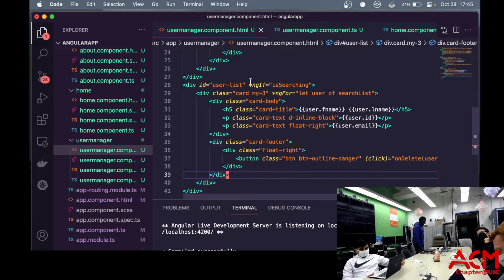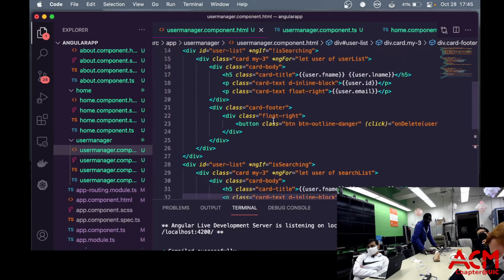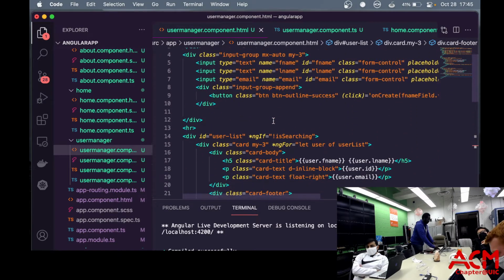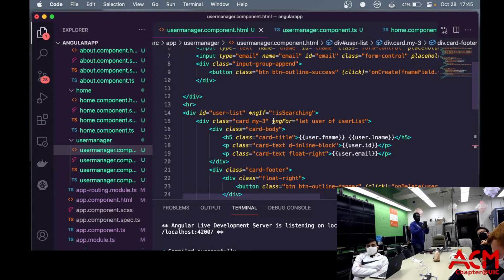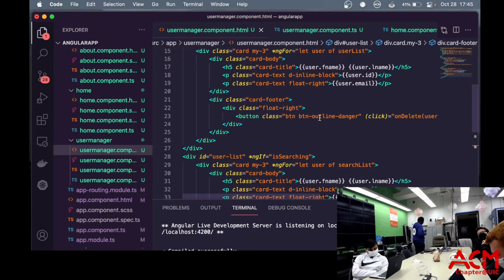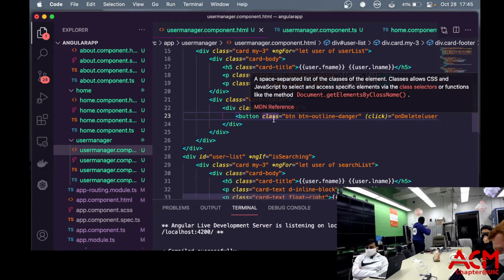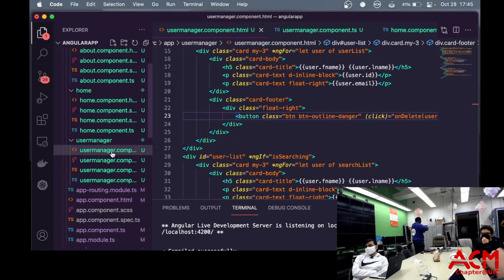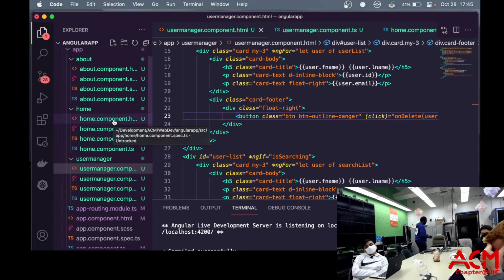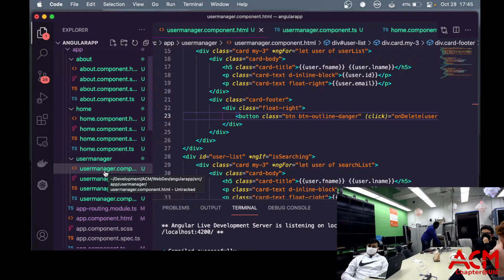So you can actually run things in the parents that the children do. I did not implement that here because that's not something that this project needed, but it could be done if you wanted to separate this out even further with the cards having their individual components and stuff. You could have them emit a delete event with their ID, and the parent would be able to delete it